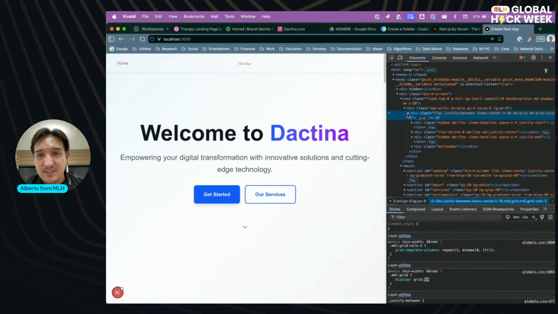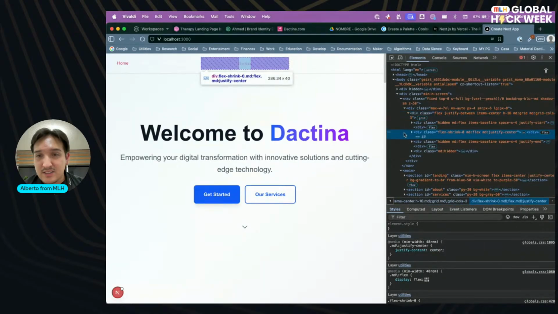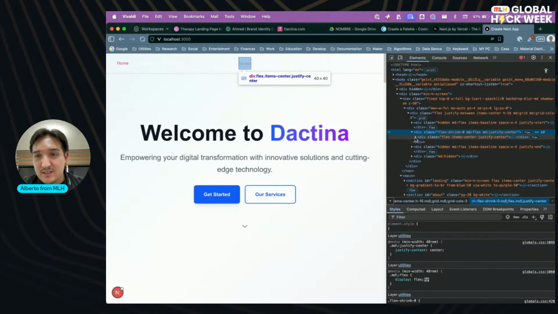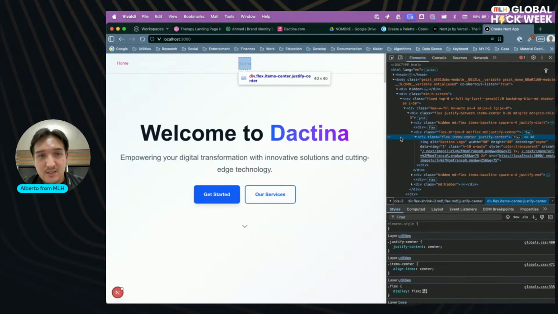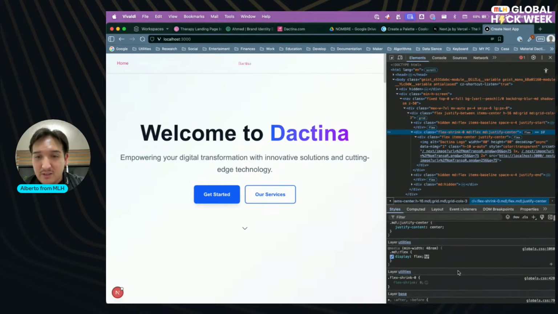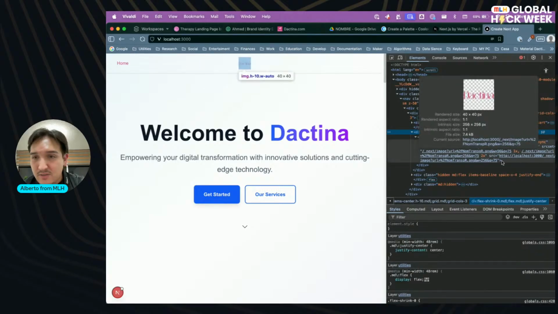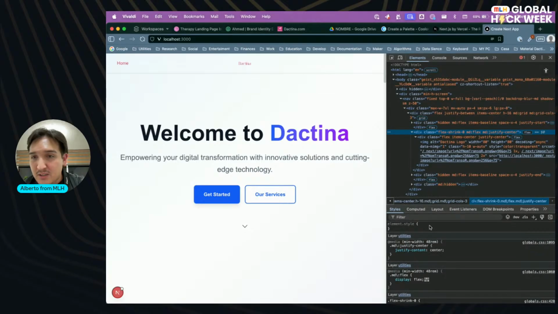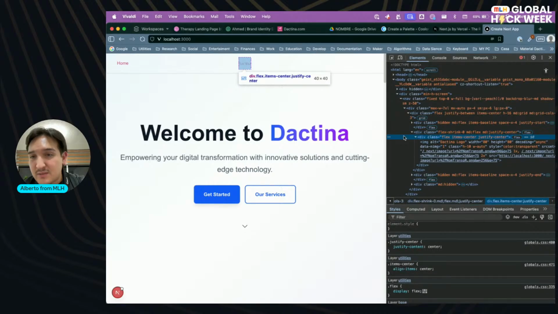So we have this div. This does not have any other instruction, just the flex shrink, flex, justify center, flex item center.